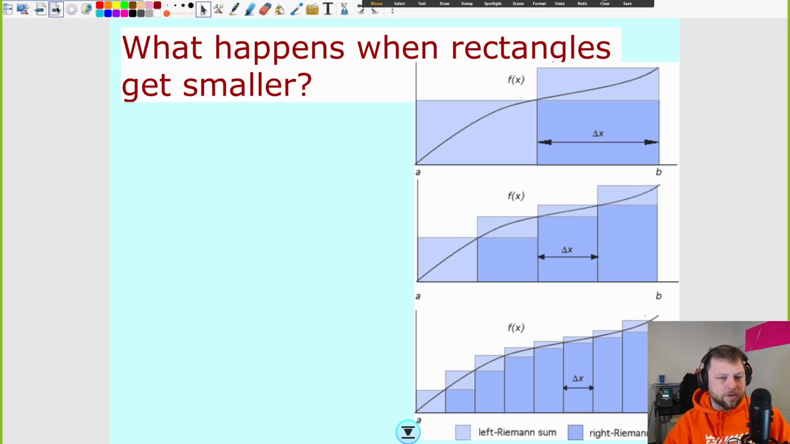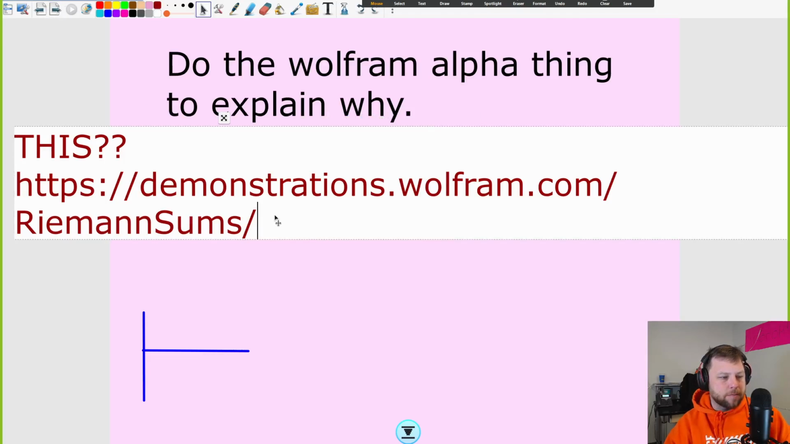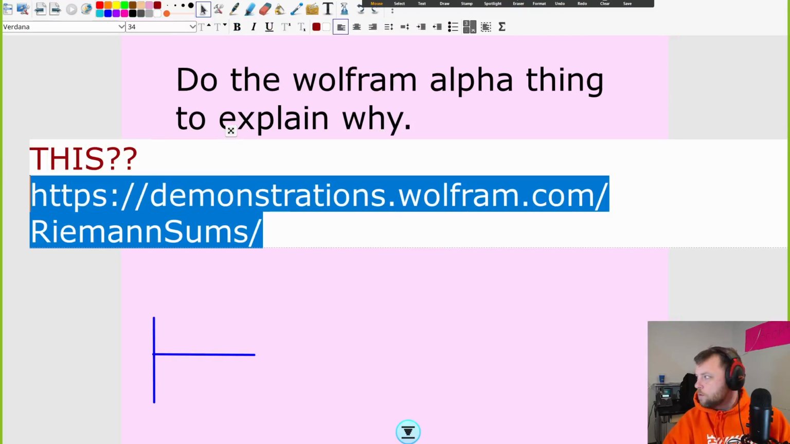The more rectangles you get, the better your approximation. And if you get so many rectangles,